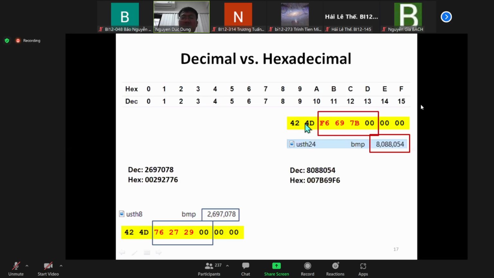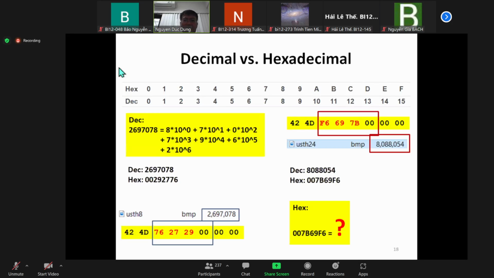So that's why, when you view the content of the hard disk, you sometimes see, for example, FF for 255. And the rule of writing is rather simple. The same applies to the binary numbering system, 0 and 1. Or you could remember in our first lecture about the history of computing, you saw